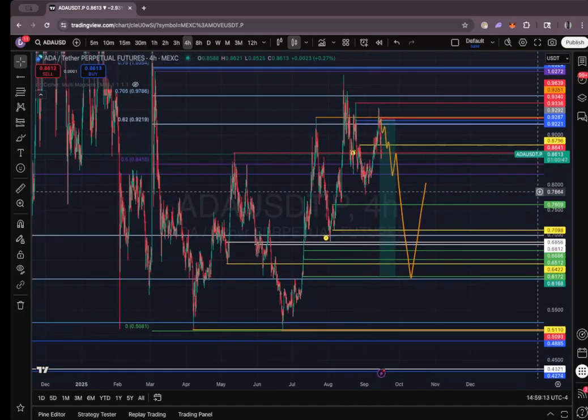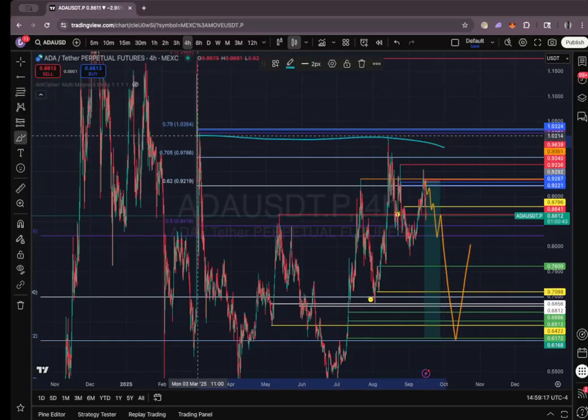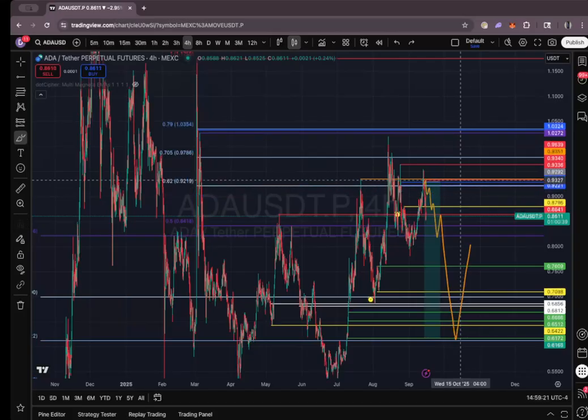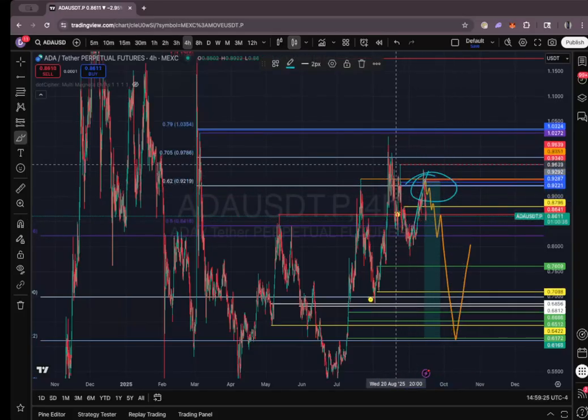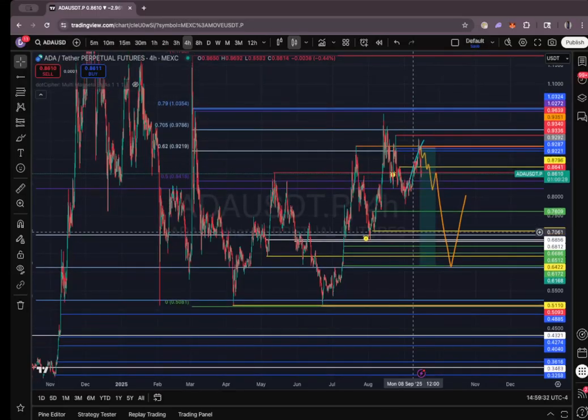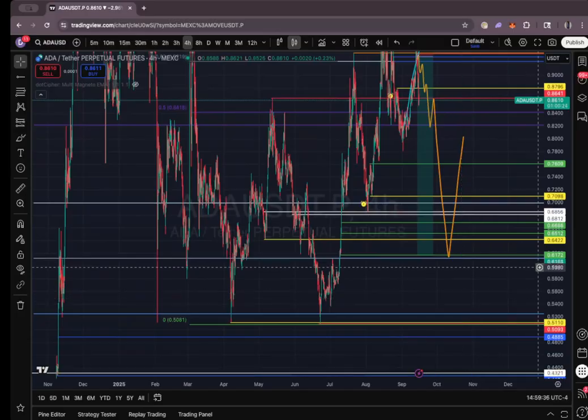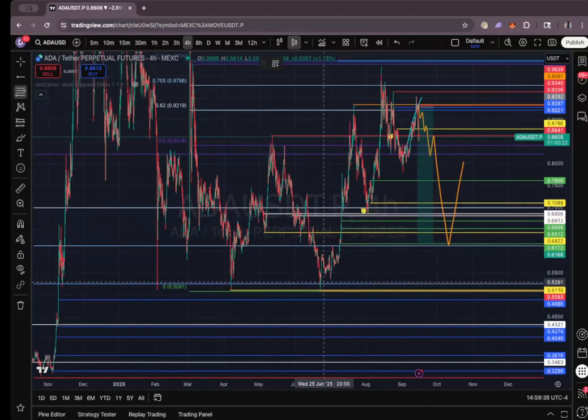This is the same thing, right? Same story, guys. This respected bearish range, right? Look at those wicks, right? Closed below, and then respected bearish range again from this high, right? So bearish, bearish, bearish on ADA until we break below 70 cents, right? Once we get down to 70 cents, we map that.